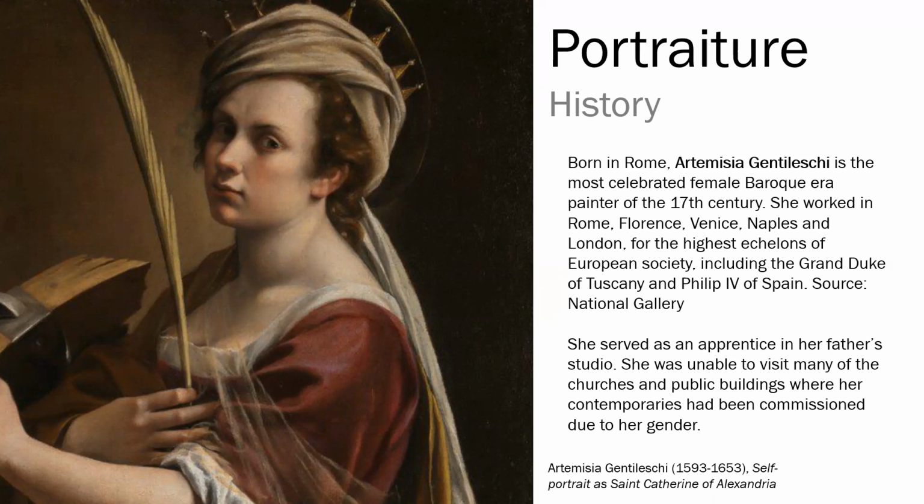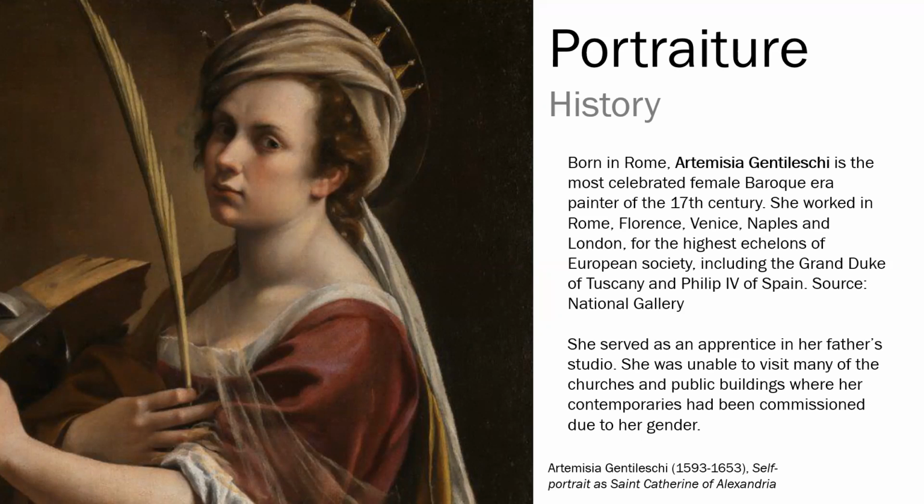And a key characteristic of the Baroque era is that paintings begin to show a little bit more drama. It shows drama through stark and strong lighting. It shows drama through drapery, through lots of added adornments and imagery. And Gentileschi definitely takes advantage of this in her paintings. And she comes from a more wealthy background and worked with a lot of people within the highest echelons, people of power within European society. She even worked for the Grand Duke of Tuscany. She worked for Philip IV of Spain. And this was due to the fact that she happened to be the daughter of a famous painter.